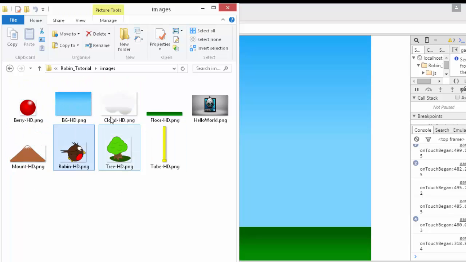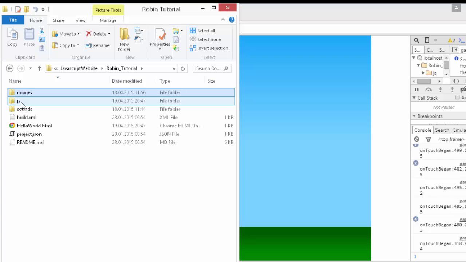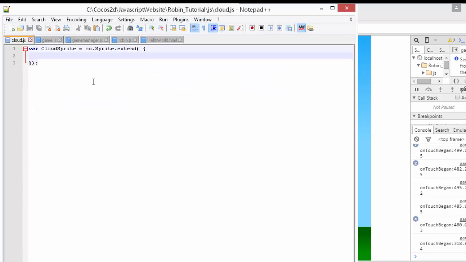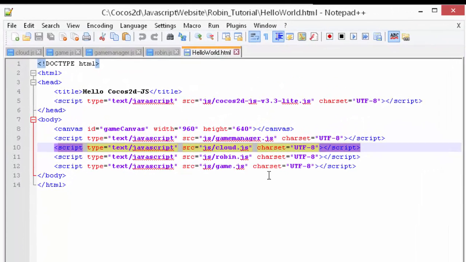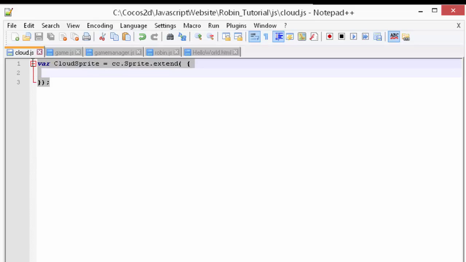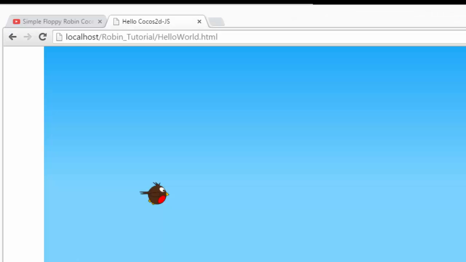And in images, I can't remember from the earlier videos whether I already included all the images in a download. For this video, I'm going to make sure I include again the robin, tree, cloud and the mountain, so that at least you've got the images needed to get up to this stage in the series. Inside the files themselves, I've already put the include inside the HTML file to include cloud.js. And here you can see inside the script for cloud.js, I've already defined our cloud sprite as an extension